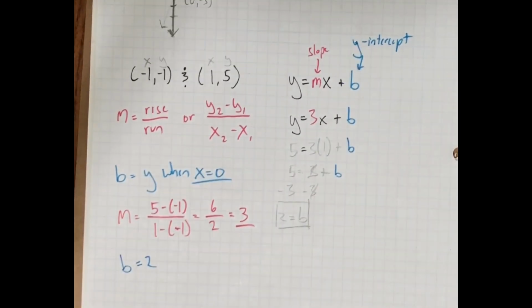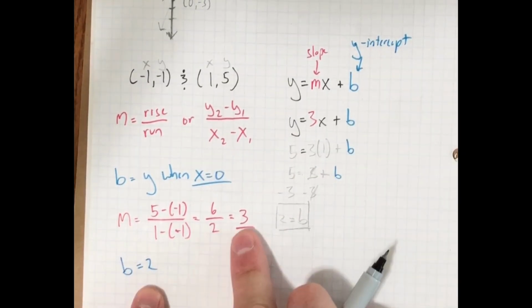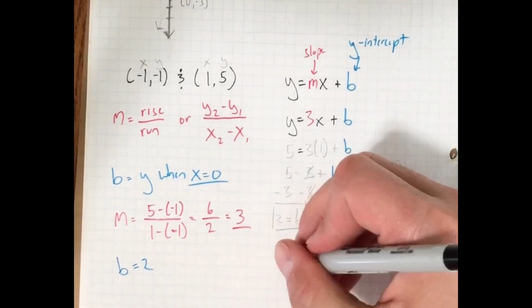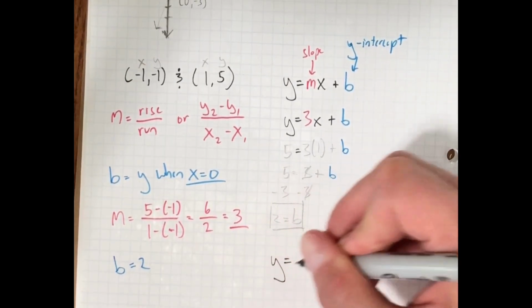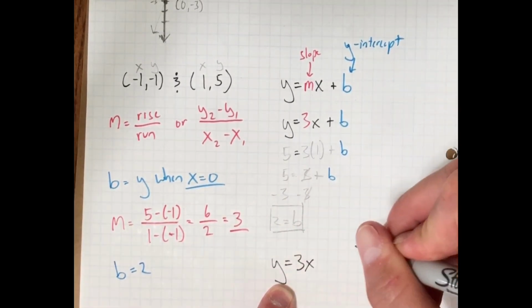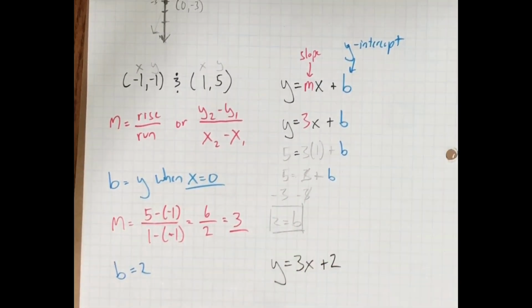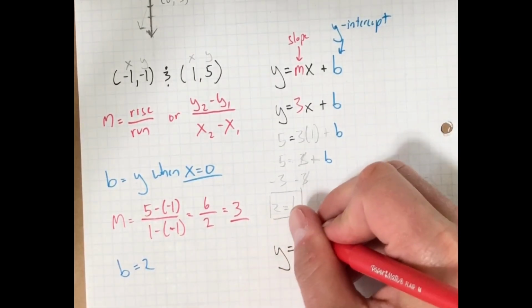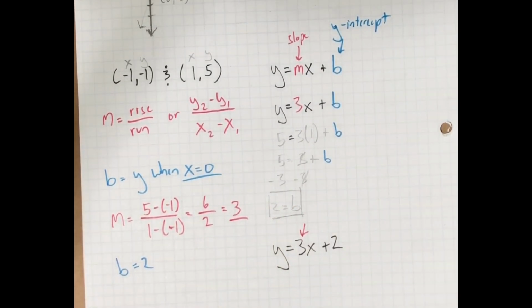B equals 2. So then my final answer, now that I have a m and I have a b, my equation is, my answer is y equals 3x plus 2, where 3 was my slope and